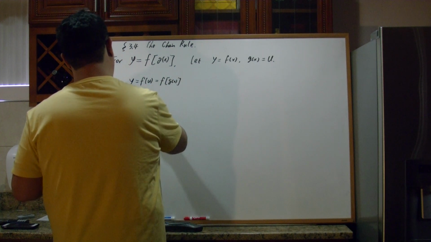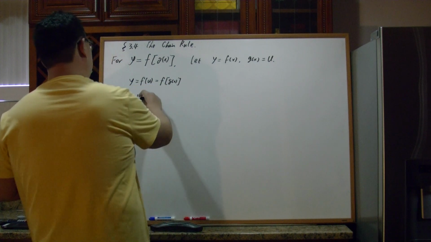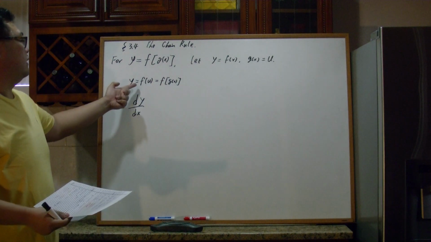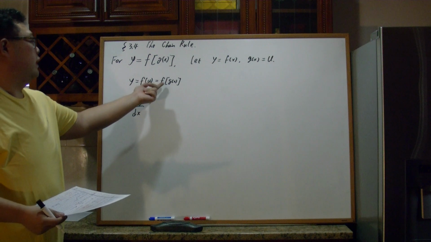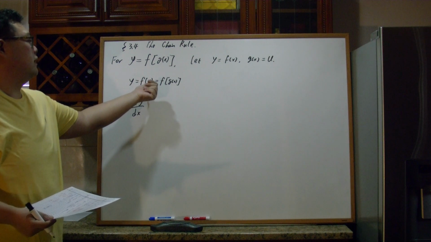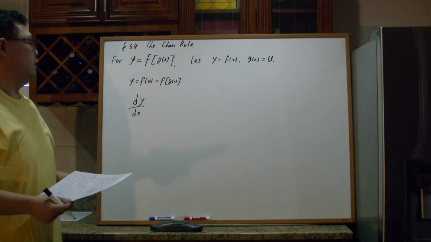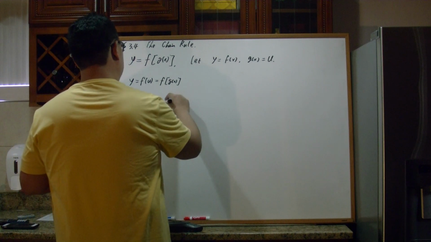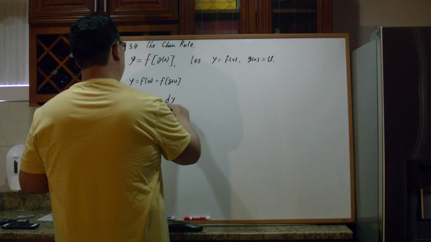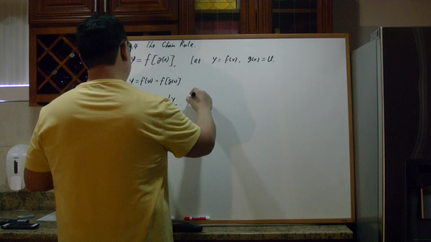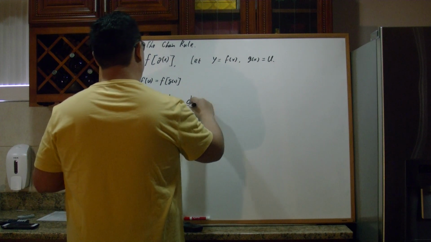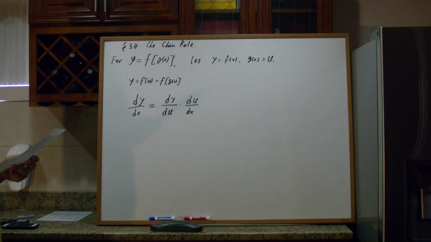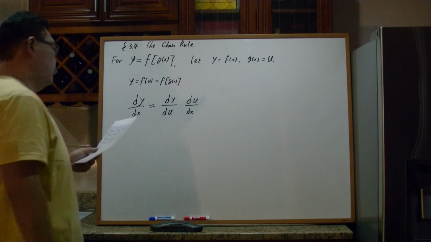And the rule says, to take the derivative of a composite function, f of u with g of x inside, we take the derivative of y with respect to u first, then we take du over dx,